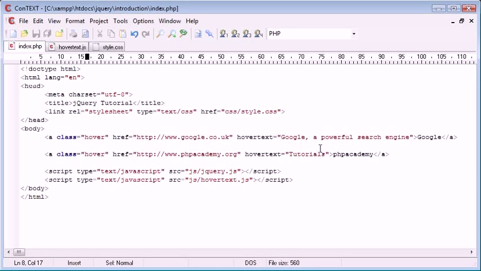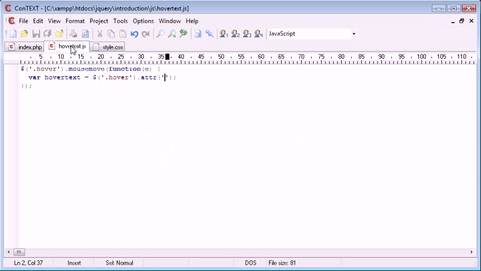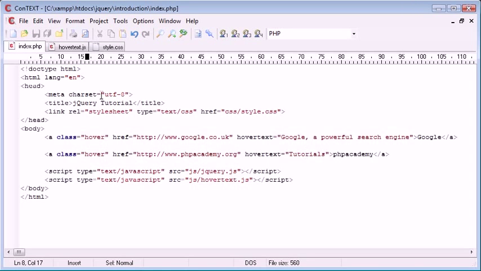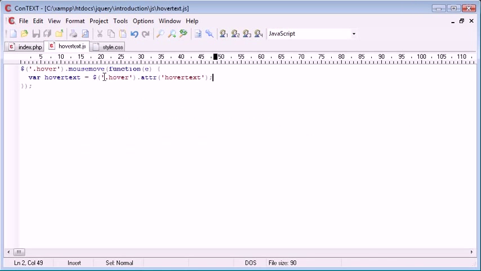Now the attribute that we've called this is hover text, so we can go ahead and write hover text. What this will do is it will take the attribute hover text, which is the value here or here, and it will take that from the class hover. The only problem with this is, let's go ahead and just alert hover text out so we can test it,